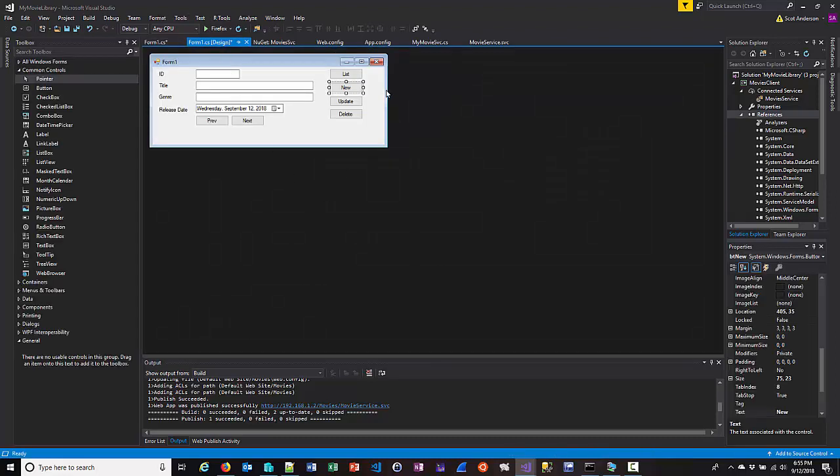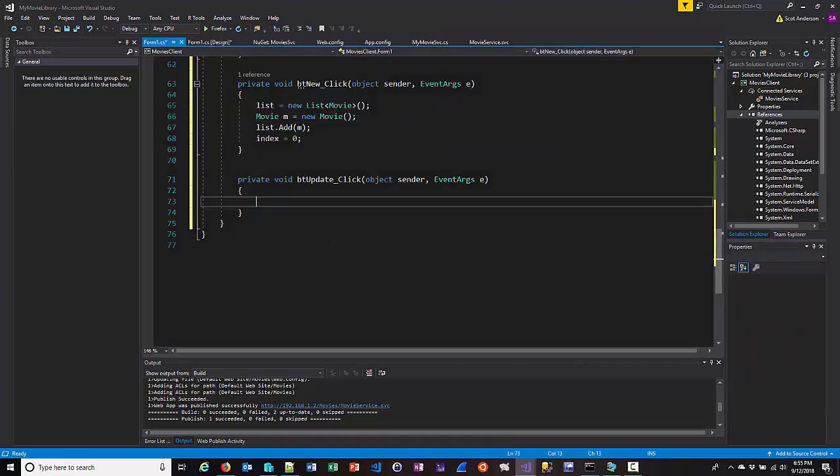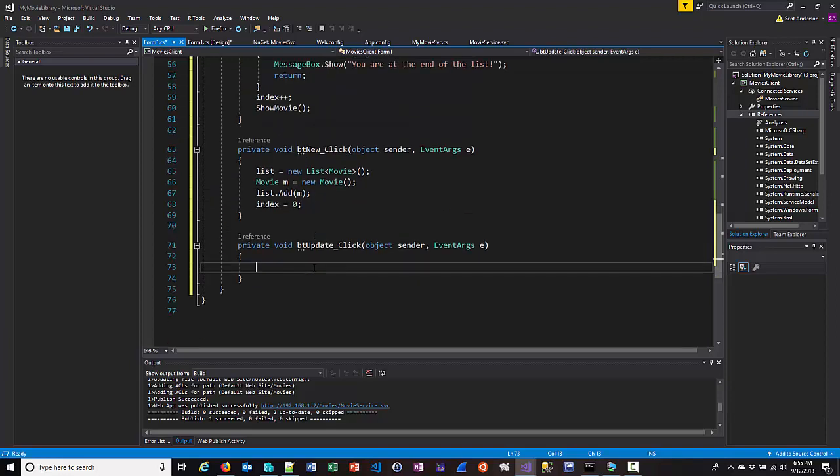So we're going to have new and save. And let's change this from update to save. Okay, so we create a new one, and when we save it, we're going to say